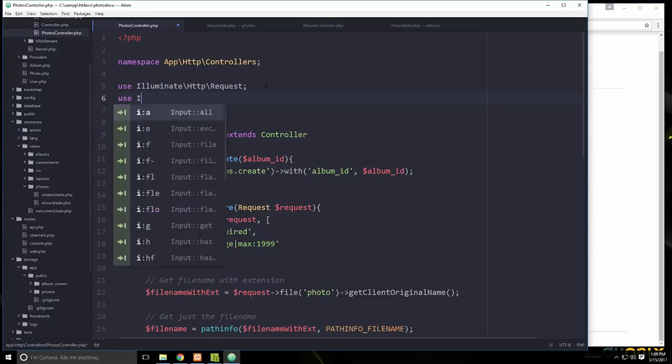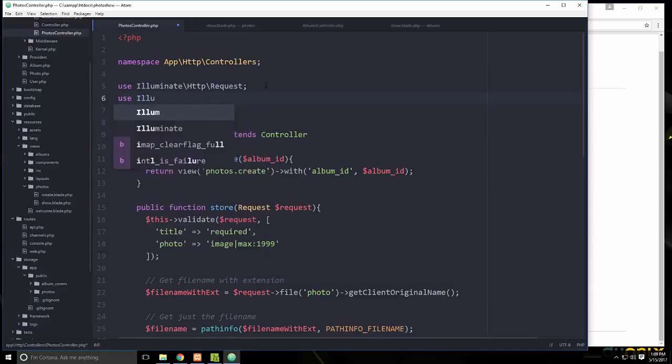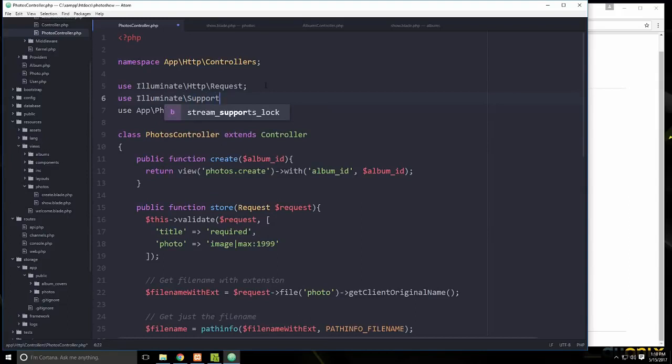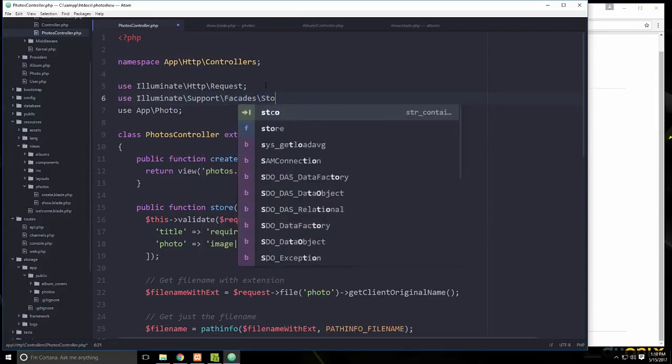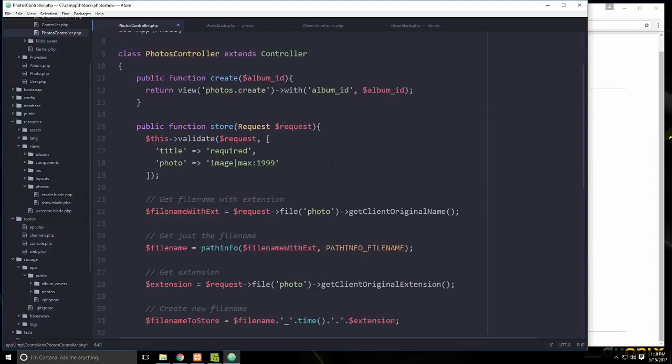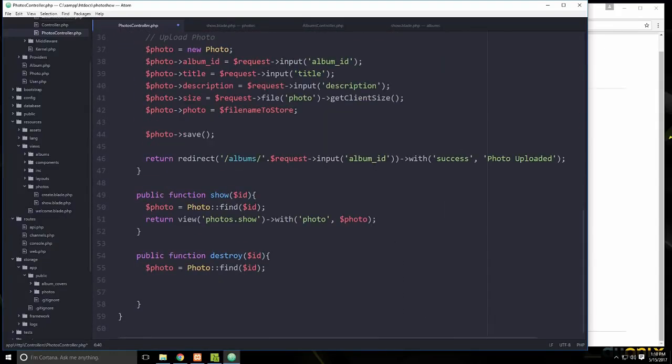No, we want to use Illuminate, and then we want Support\Facades\Storage. And then down here, we're going to do an if statement,